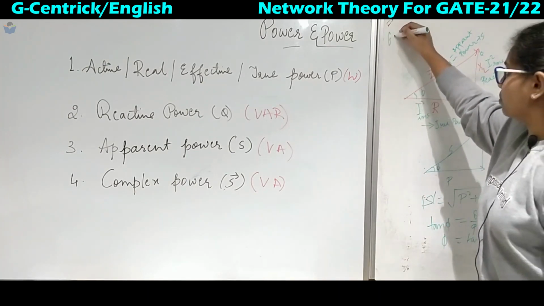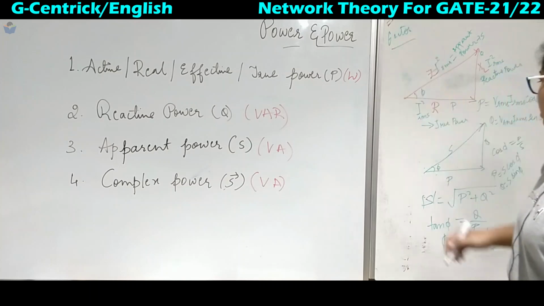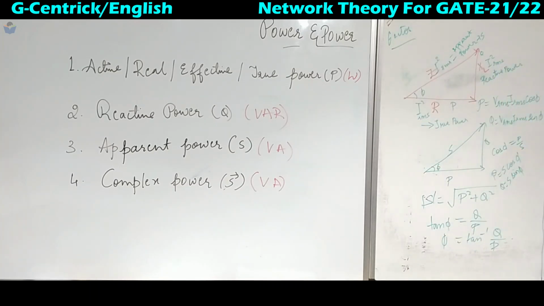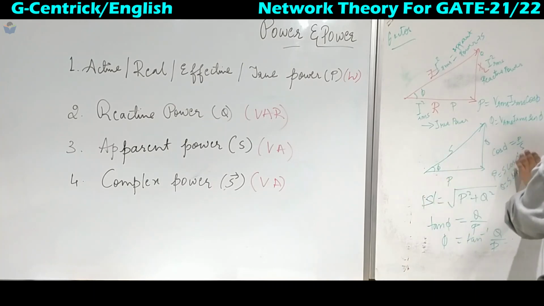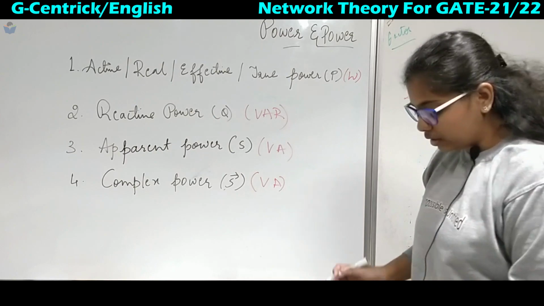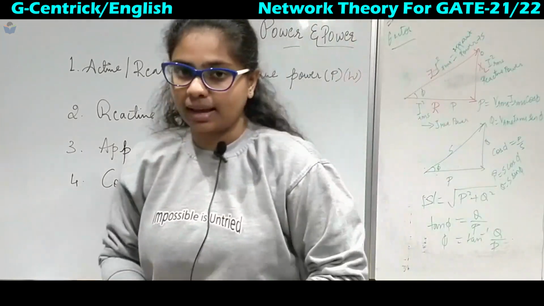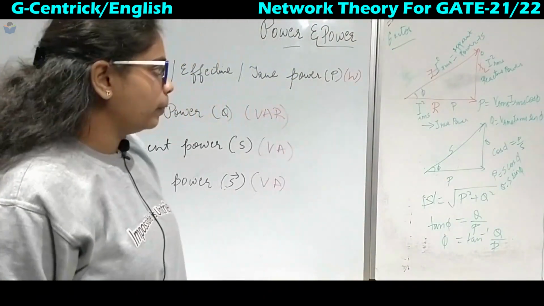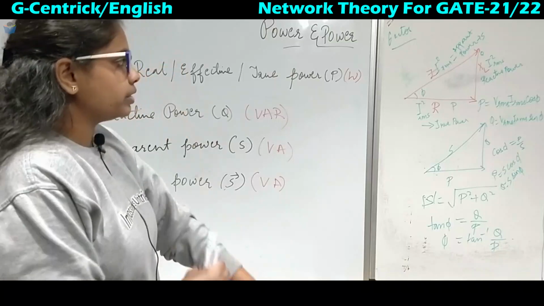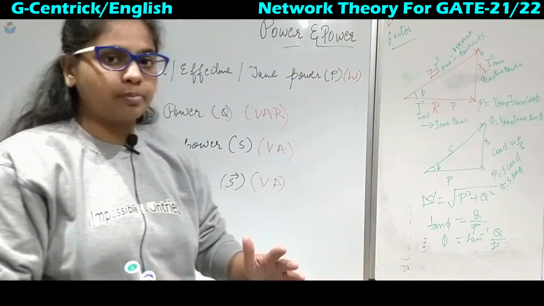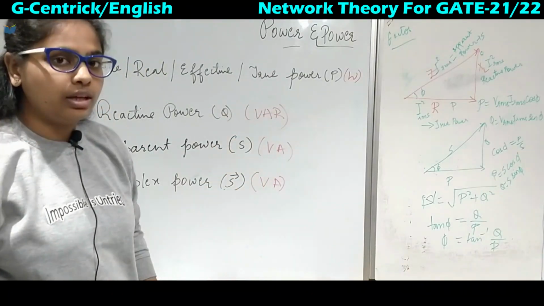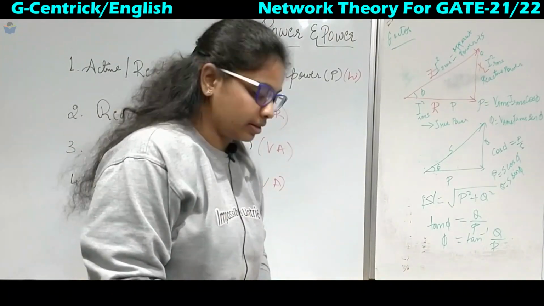So here we write power factor. This is the definition of cos phi: in the total power, how much actual work is done is given by cos phi. Till now we had seen that phi was the impedance angle, but now it is the power factor angle. Next we will see which formulas are used for the calculation of the power factor when the RL circuit is in series or parallel.